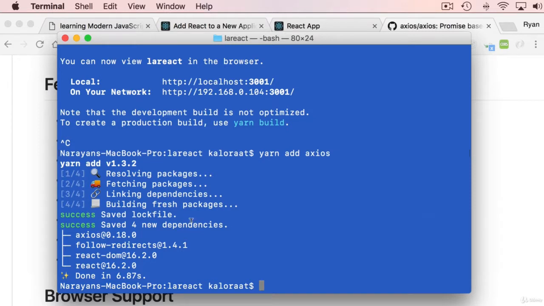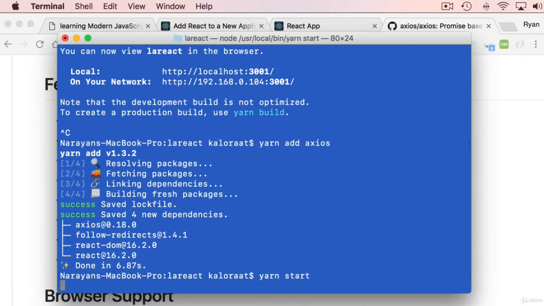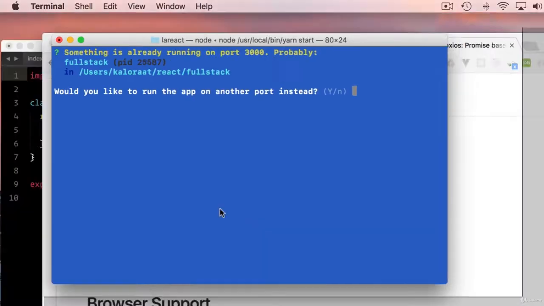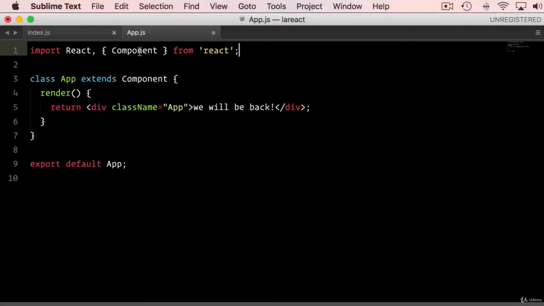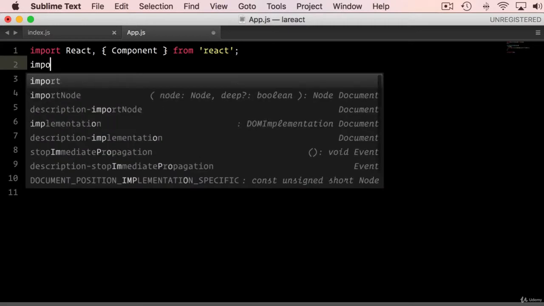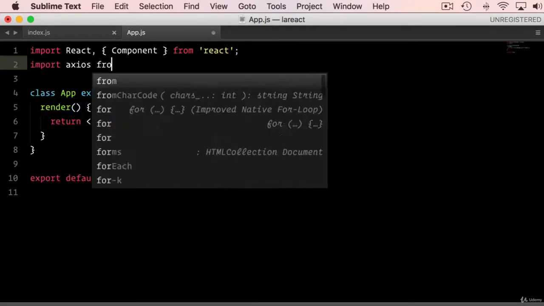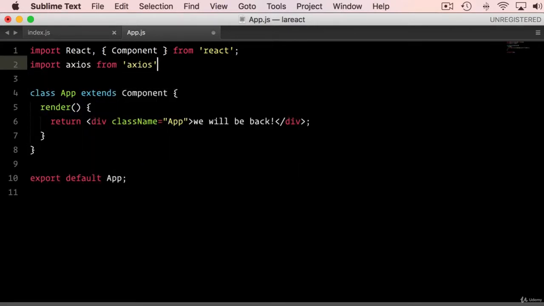Okay, so once it is done, it's ready to use. Let's bring our application to the start status. Okay, and then I can import axios from 'axios'. Okay, because this is a package, I don't need to give the path like so. Okay,